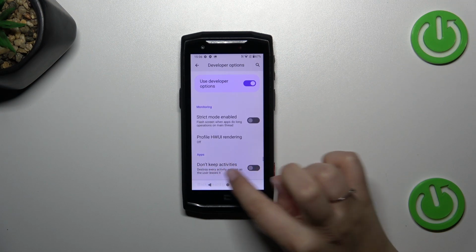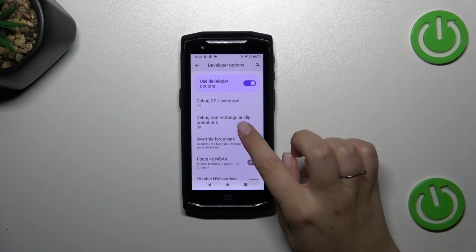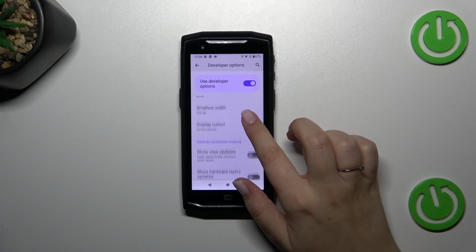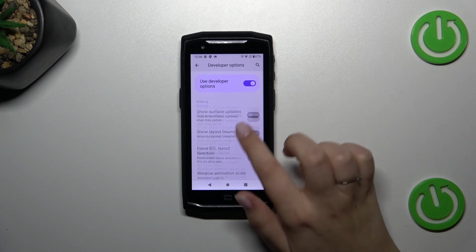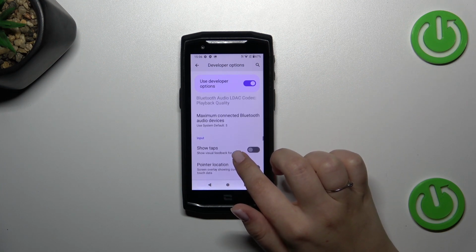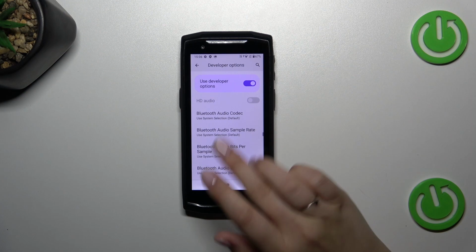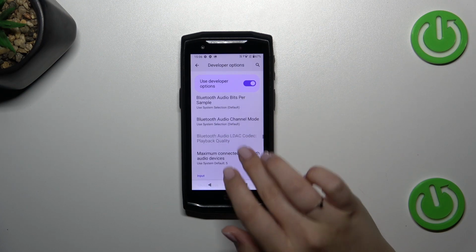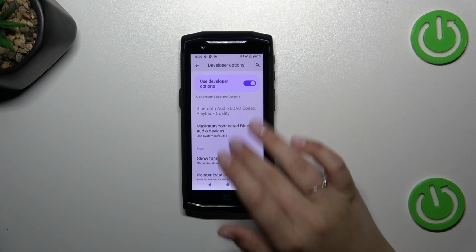We can manage the apps to not keep activities at all. We can simulate the color space, manage the display cutout. We can show pointer location, visual feedback for taps. We've got some options which are connected with the Bluetooth and overall to the networking because we've got also the